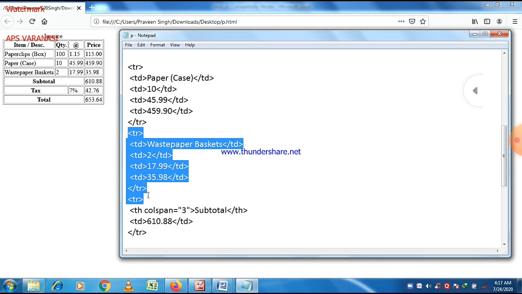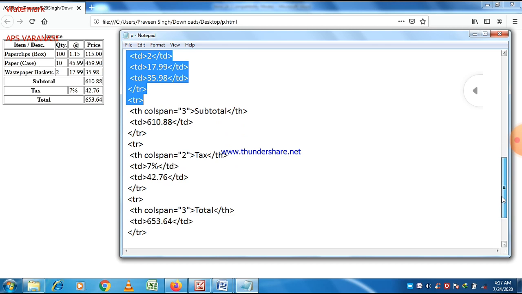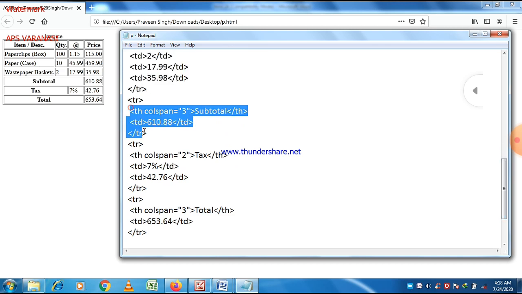The table heading is also there. You can easily see that because we put the th tag here, and the table heading represents item, quantity, rate, and price. This is the second row, and that is the third row, fourth row actually, with the subtotal. And here we use the colspan attribute. Colspan is equal to 3, then subtotal. That's why subtotal is there. And colspan is equal to 3, so 3 columns are merged here.